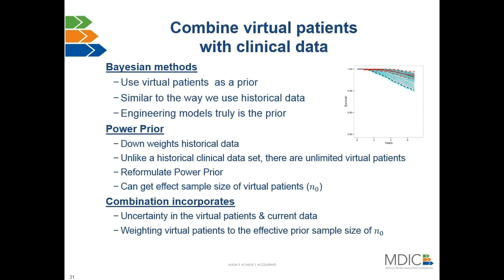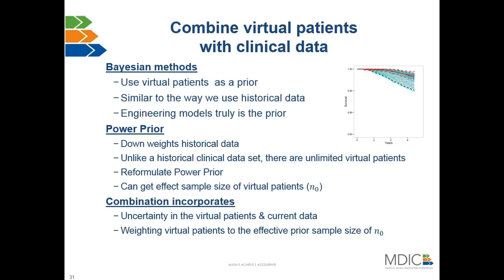So now that we have these virtual patients, in this example, a lead fracture, but it could be anything, how do we take these virtual patients or these virtual outcomes and combine them with the real patients, right? You can't just simulate 1 million patients and then just take 20 real patients and just sort of mix them together as if they were the same thing. That's not really statistically sound. So we had to develop some methods that were really able to handle this and do it in a statistically legitimate way. And that's where the Bayesian methods really lended a hand.